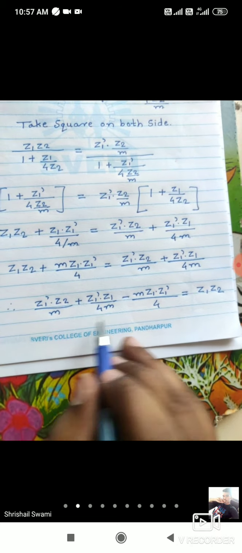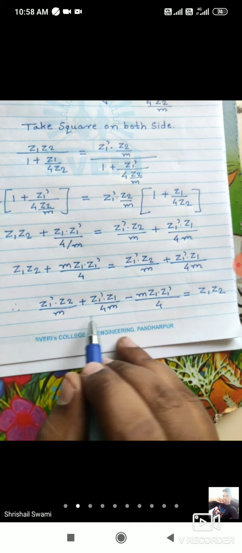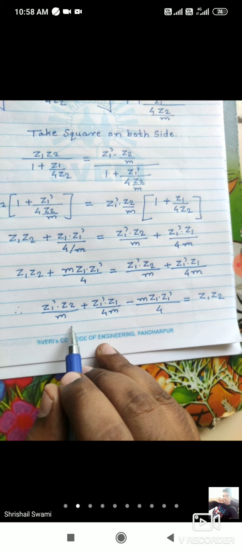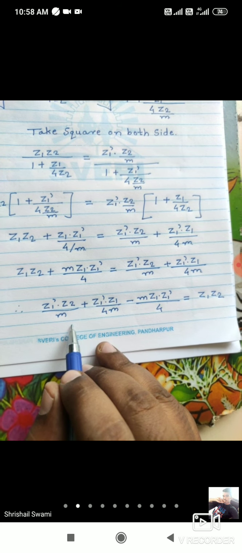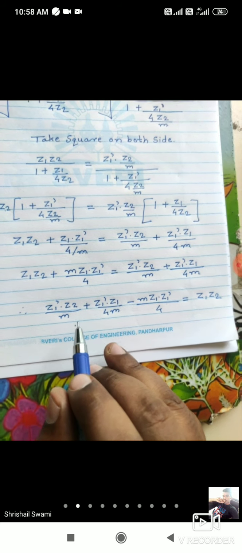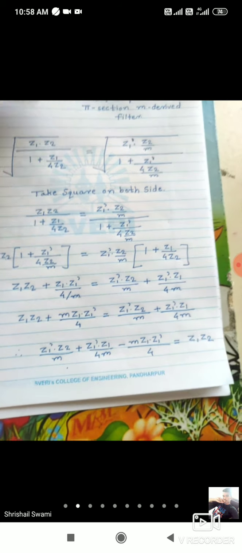Okay, so what will be the, काय कॉमन काढू शकतो here, what you can take common, can you take the 1/4 common? 1/4 common घेऊ शकता का? If you are taking 1/4 common, so what will be the changes that I will tell. So take 1/4 common, 1/4 common जर काढलात, ओके, आणि Z1 dash कॉमन काढा. So 1/4 into Z1 dash.